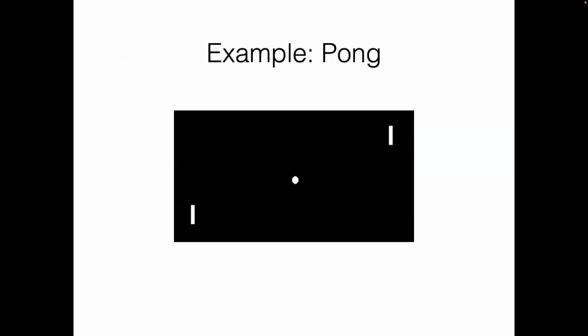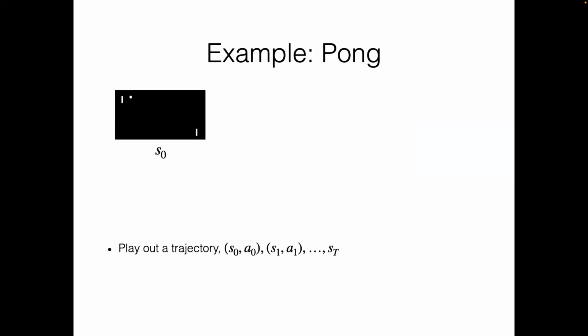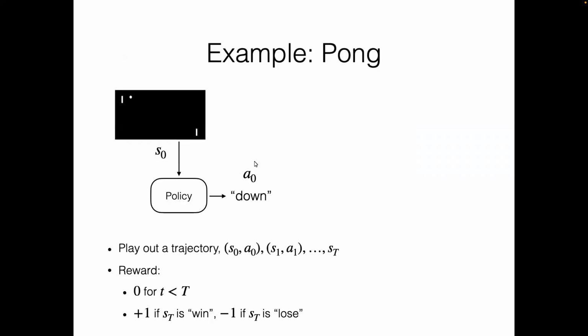Okay, so just to make sure it's clear, let me go through this example in some more detail. Here's another one of these games, Pong. Here we could say that the state is a screenshot of the game, for instance. Then we can give that to some policy. The policy could be a neural network that takes in images and